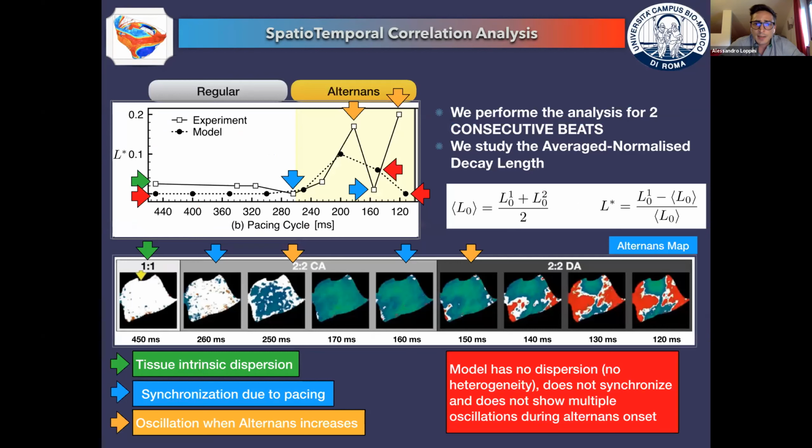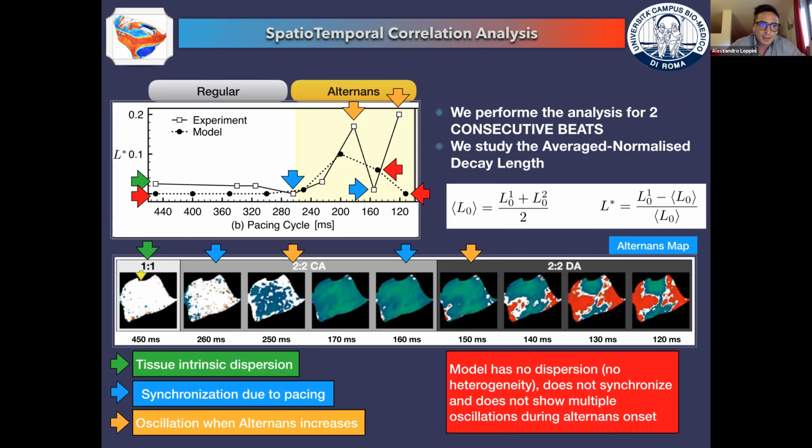So in a second analysis, we performed an ad hoc normalization of the characteristic length. Basically, we studied the averaged characteristic length among two consecutive beats and used this average value to normalize one of the two lengths. As it is defined, taking into account the first or the second length is totally invariant because the measure is symmetric.